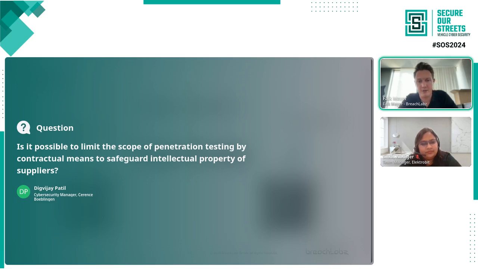My understanding is that usually the supplier themselves hire the penetration testers, right? So I think that's perfectly fine. And the report is only shared as an excerpt with the manufacturer, just the open issues. But if the idea is that we perform the penetration test on the vehicle level and the